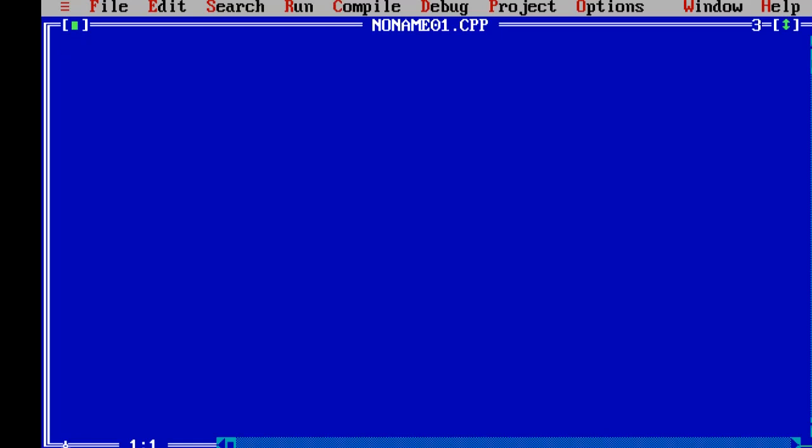Suppose the program is, there are two numbers and we want to add them, subtract them. Suppose this is our program to use switch case to add, subtract, divide, multiply two numbers. How can we do it? These are the four operations. We have to perform four operations in a single program. How can we do it? Let's check with the help of switch case.